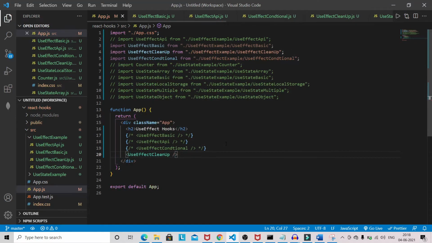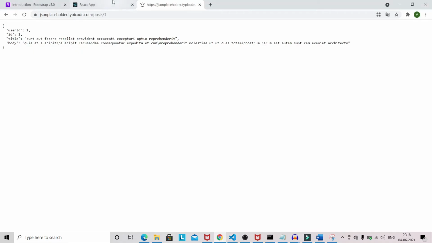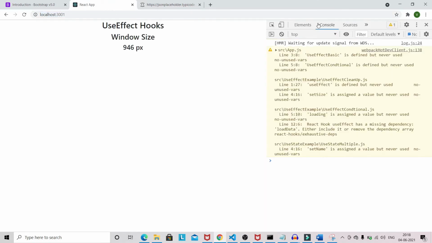useEffect cleanup. Let's see. So you can see that we have got the window size, 946 pixel.